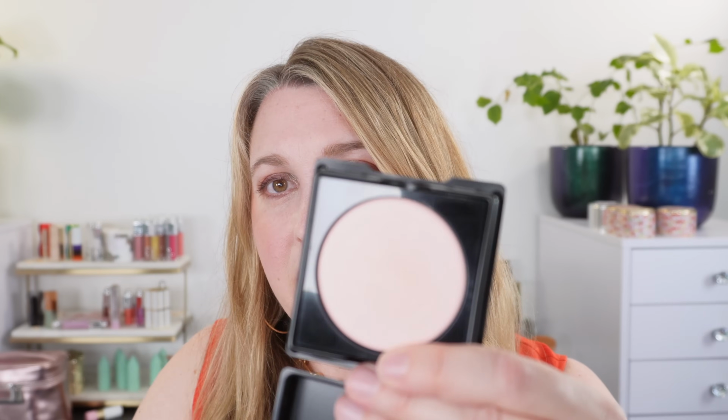Now for other powders, we had a ton of pressed powders that came out this year, and I have to say there's some really great ones. I absolutely love some of those powders, but they didn't necessarily become absolute favorites. So we have the Sisley Blur Expert, which is a favorite. And then for the pressed powders, my favorite has actually been the Addiction Tokyo. So I kept this in the refill container, but you can purchase a